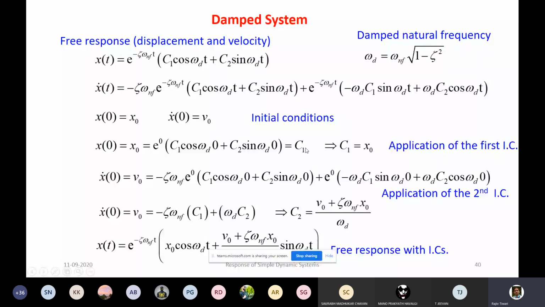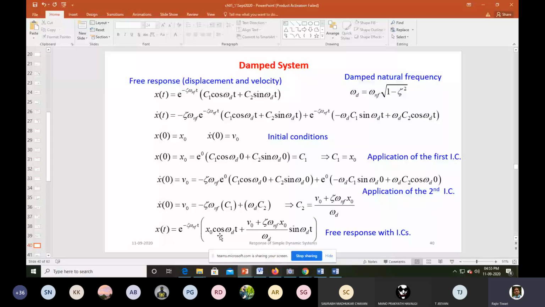So this is the application of the two initial conditions to get the C1 and C2 in the free response of the damped system. So C1 and C2 we know. We can again put back here C1 and C2, or whatever the value we obtain. So that is the last expression. We have already replaced the C1 and C2 with the x naught, the initial velocity and initial displacement. Okay, so now